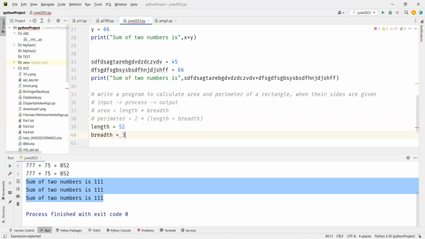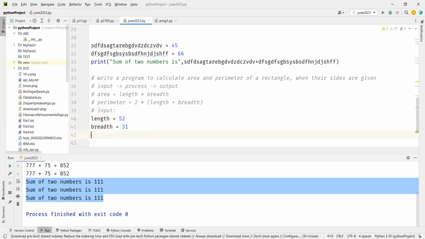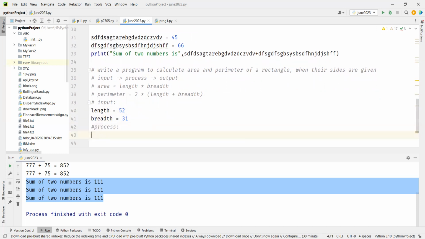Let's say breadth is 31. So breadth is 31. These are your input. Now I'll process. Since I have to calculate two values, I will say area equal to